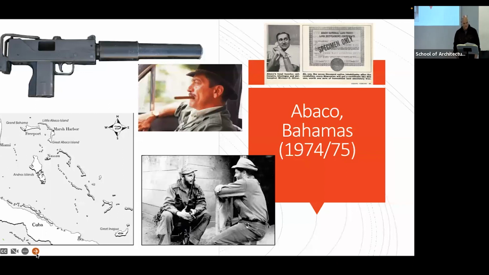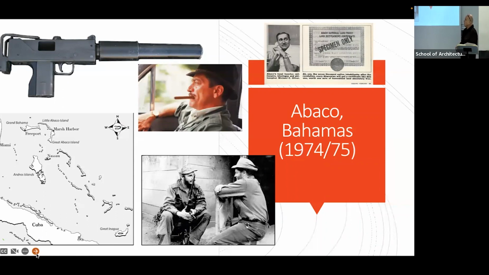He did a second project in the Bahamas in 1974 and 1975. This is a project that's a little more disturbing because, they're all disturbing in some way, but this one's a little more disturbing because you can see the ways in which a kind of noir world, right, so the shady underground world, can very quickly find its way into a lot of these kinds of